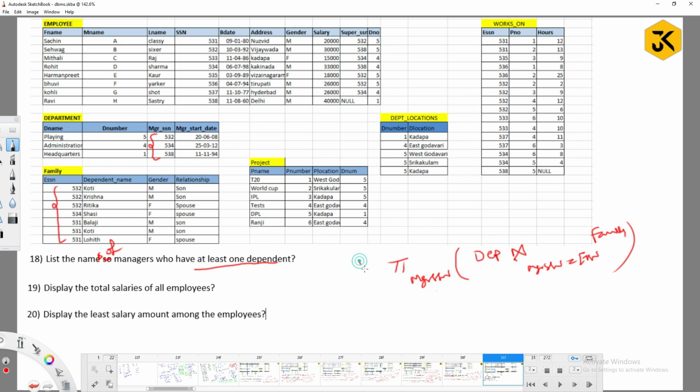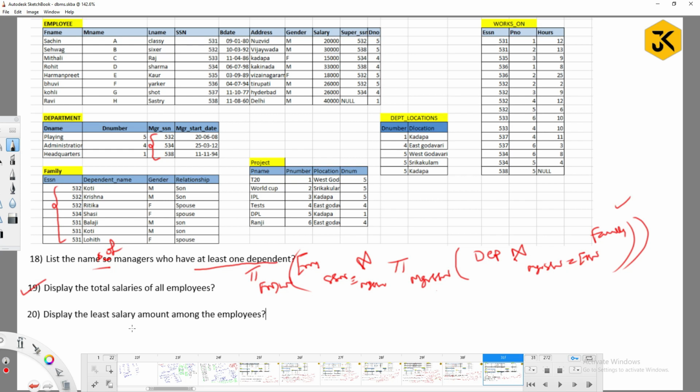If I do a natural join of this data with the actual employee table, where employee SSN equals this manager SSN, what am I going to get? I am going to get all the names. If you want, take the projection of first name comma last name. See, I have written all the things in a single query. If you want, you can also split it, I mean, you can write subqueries. Right? So this is not the only way to write the query, you can write it in multiple ways. Okay.